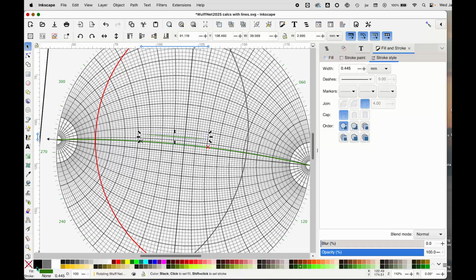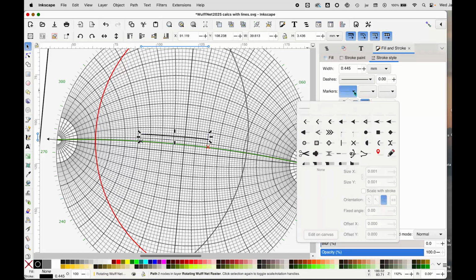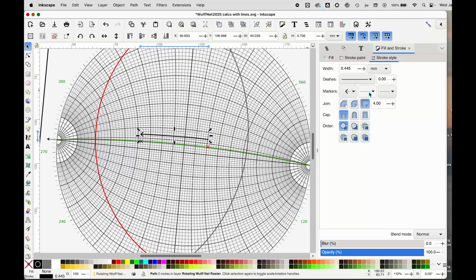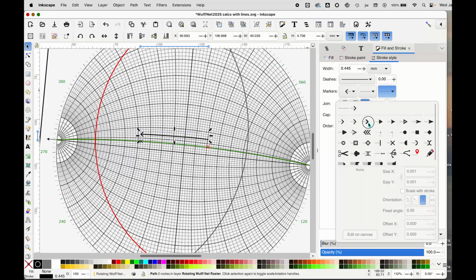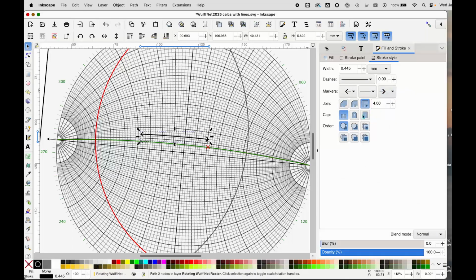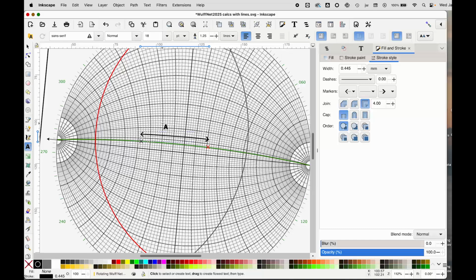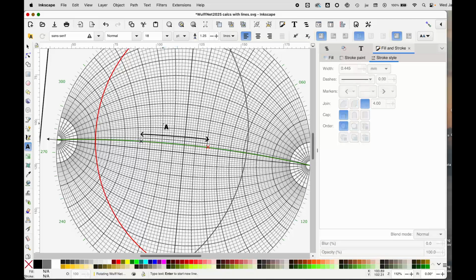I want to, I think, make this line black, so I'll do Shift and black, and I want it to have no fill. And I would like to add arrows to the ends of it. So let's have some arrows. These are available in the same place where we adjusted the thickness of the line. And then I can write in my angle here, and that angle was